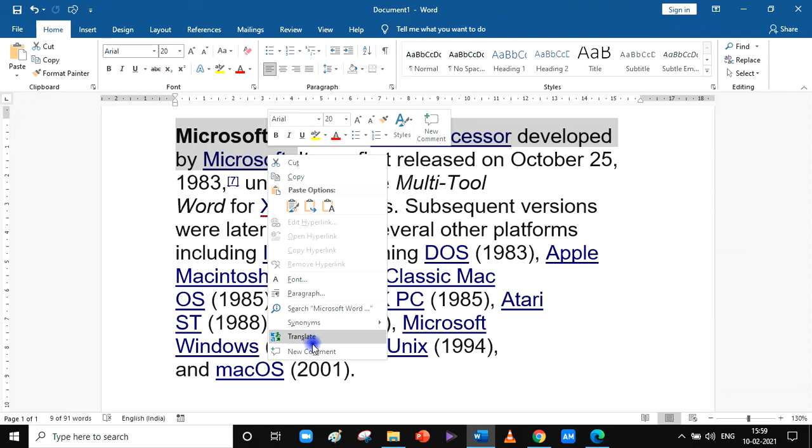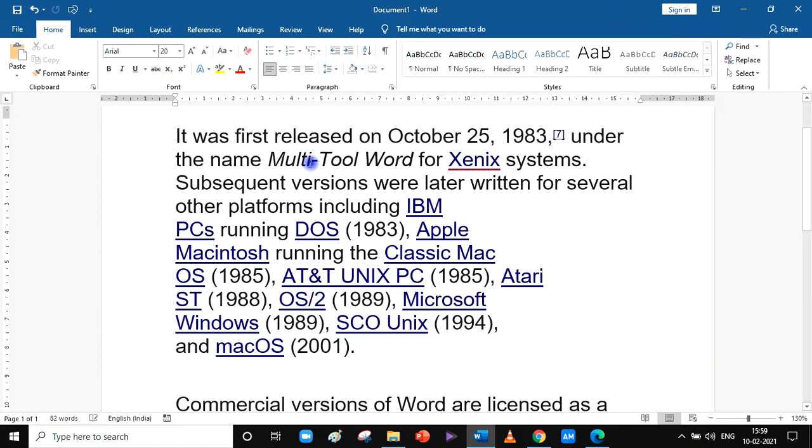From these options I need to click the cut option with one left click. I will click it and this whole text gets cut. It will disappear from the screen, but do not worry, it's still in our Microsoft Word. We just need to paste it somewhere. We wanted to move it to the end, remember.